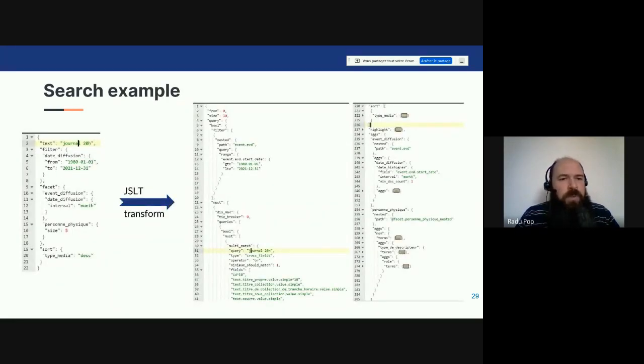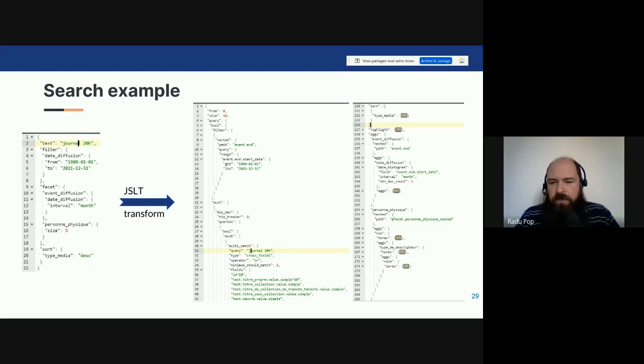Just to give you an example of the search API, on the left side of the screen, you can see a simple full text query that defines also a filter by date, an aggregation by event, and by different persons that are involved or associated to an event. And we define also a sort criteria. And on the right side, you can see the result of the transformation.